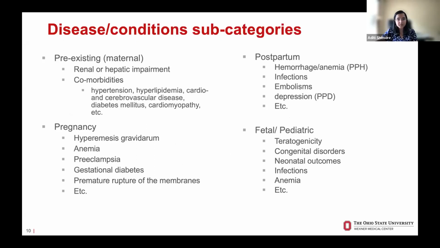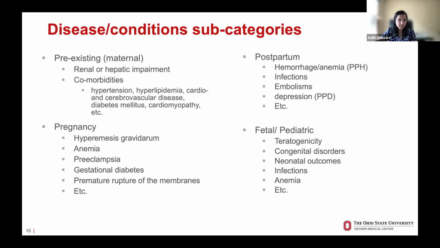Disease and conditions themselves are, I guess, relevant when it comes to pharmacodynamic or pharmacoepidemiology studies. And so any of the pre-existing conditions in the mother, especially those that affect drug response and drug levels in the blood, like renal or hepatic impairment, other comorbidities that are commonly seen, like hypertension or diabetes,